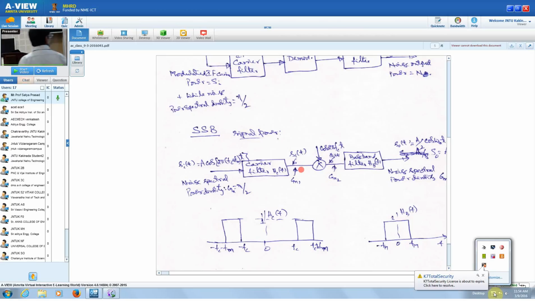So the noise that has been coming out of this circuit has to pass through this band pass filter. The carrier filter is going to be a band pass filter with a frequency band of FM. And in the demodulator, what we are doing,